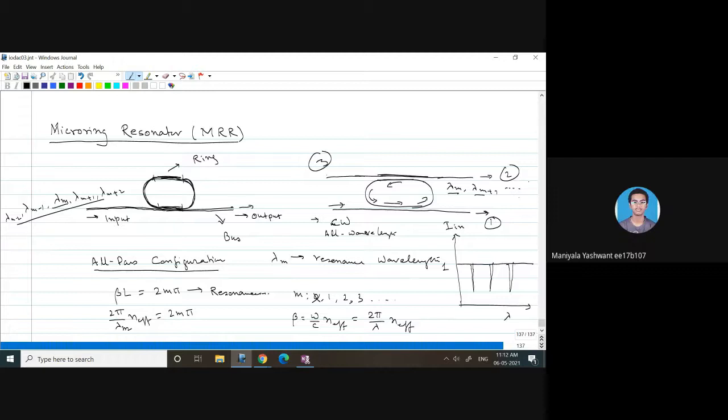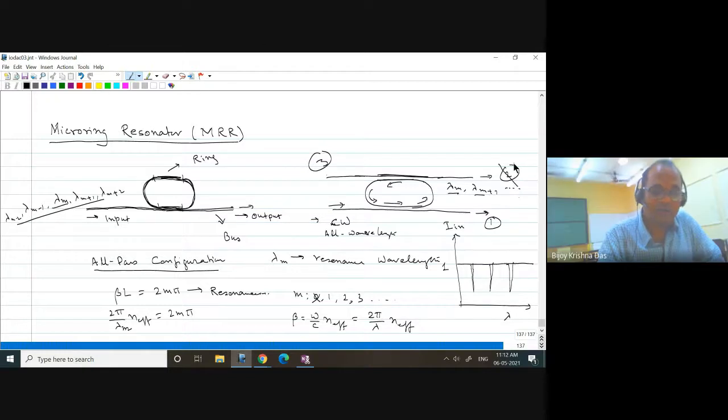No, sir. Power won't come in port 2, but it will come in port 3. It will not come in port 2 because your light is actually propagating in this direction. So this is your input waveguide. If you are considering this as a directional coupler, so you are launching here, you're supposed to get output here and here. So some part you will be getting here. This one will be there. So in 2, you will not get anything, right?